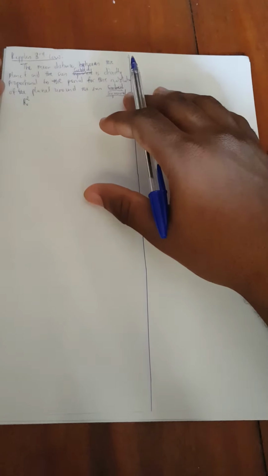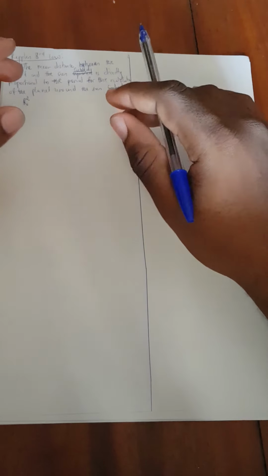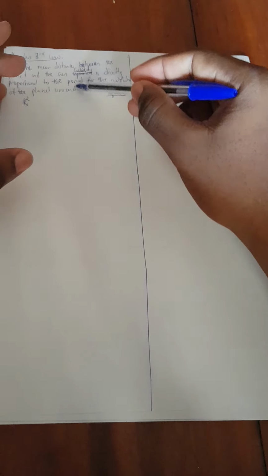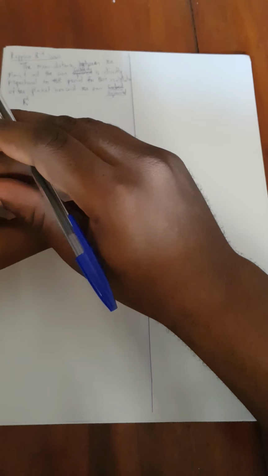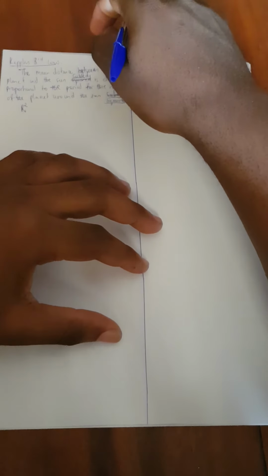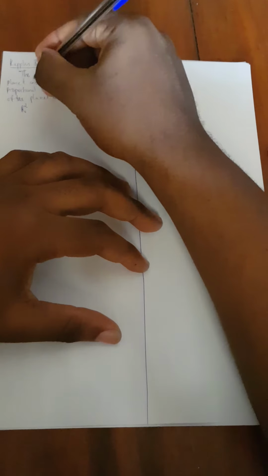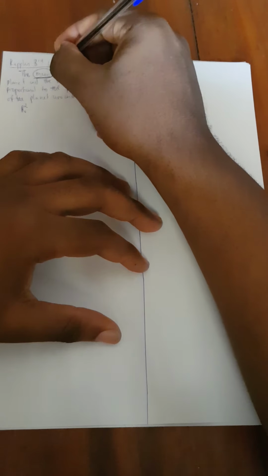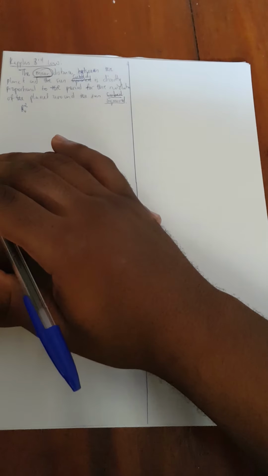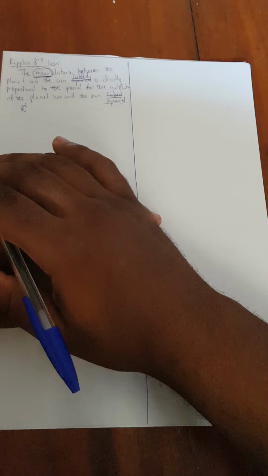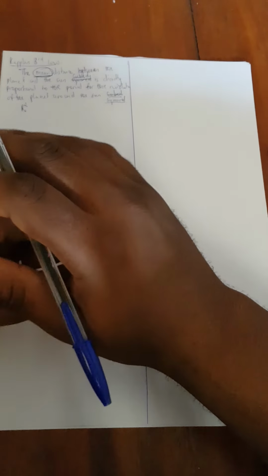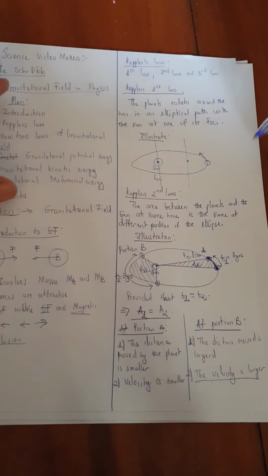Now, we should have some points to note on this law which has been stated just now. The first and main point that I want to put in your mind is the mean distance. So my question to everyone is, why did I use the word mean distance between the planet and the sun? The word mean is used because if we come back to our initial diagram, we said